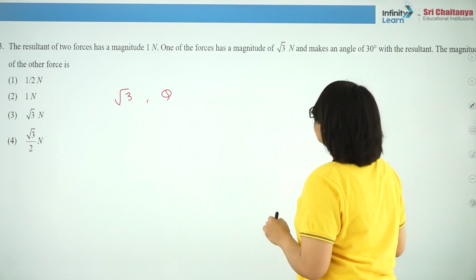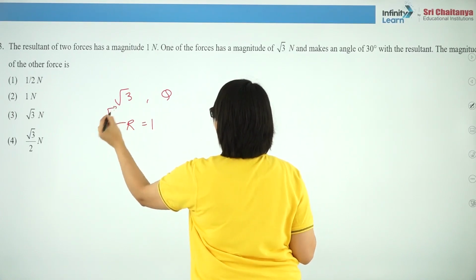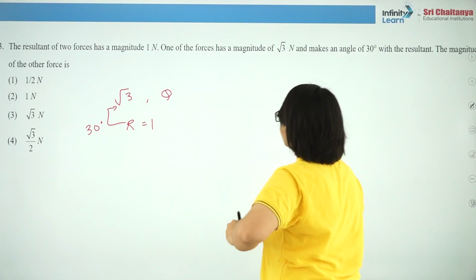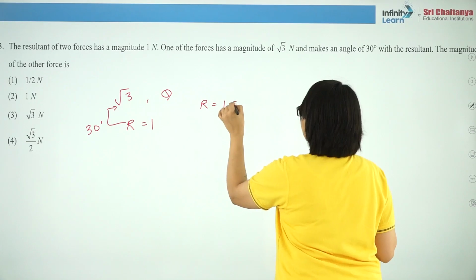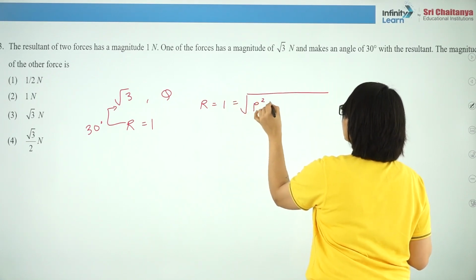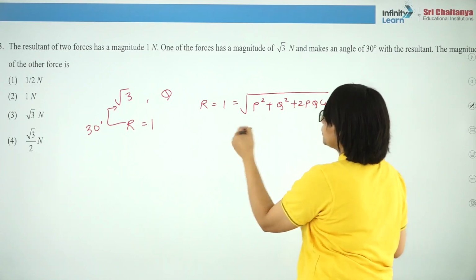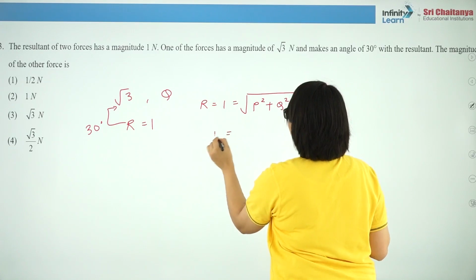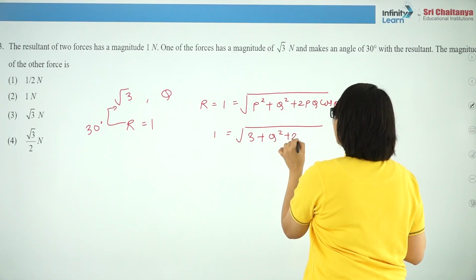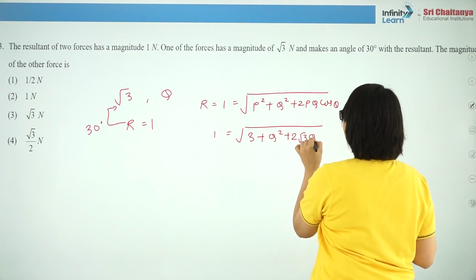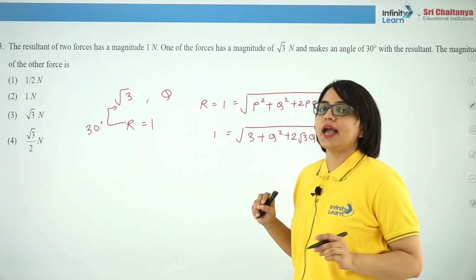Now, resultant has a magnitude of 1 Newton and this resultant is making with root 3 an angle of 30 degree, right. So, you can write magnitude of resultant as 1 is equals to under root of p square plus q square plus 2pq cos theta, and let us put the value of p as root 3. So, you will get 1 is equals to under root of root 3 square, which is 3, plus q square plus 2 root 3 q cos theta,